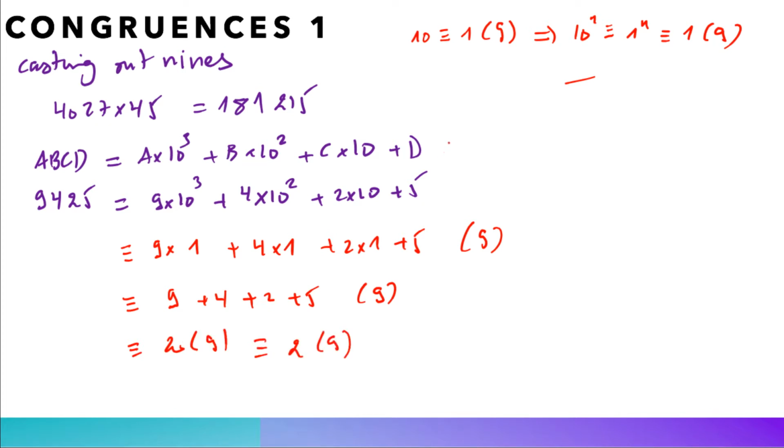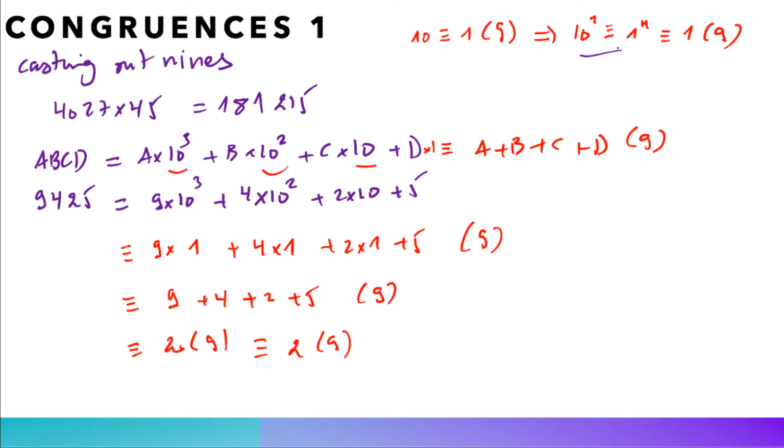In the general case, one gets that ABCD is congruent to A plus B plus C plus D modulo 9, and this is because 10 cubed is 1, 10 squared is 1, 10 is 1, and 1 is 1 modulo 9. Because here it looks like d times 1. Here we can read that every power of 10 leaves 1 as a remainder on a division by 9,